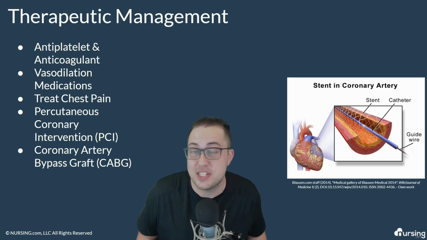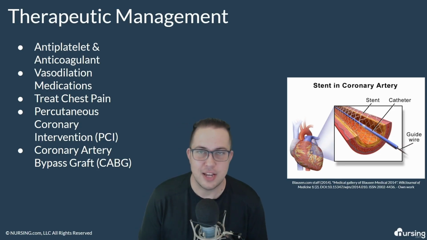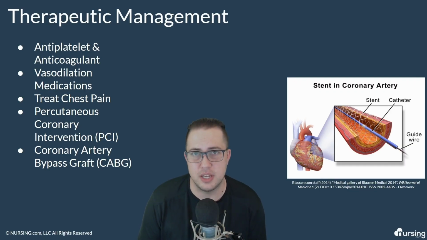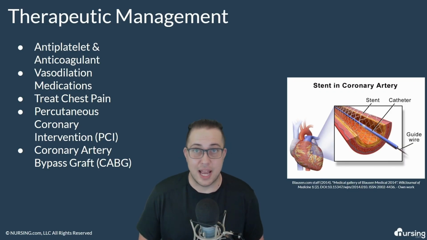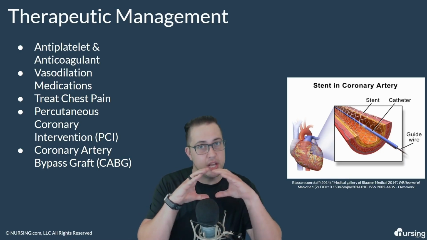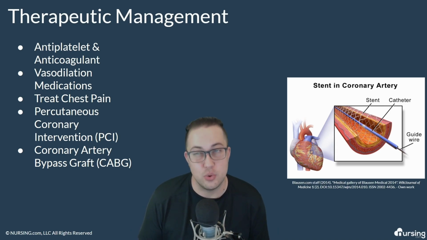Again, these are medications we see all the time in the CVICU. We would give IV heparin to try and lubricate and maintain patency of that coronary vessel. You would also see vasodilatory agents being given, such as nitroglycerin or morphine. Again, the overall idea, we have a blocked coronary artery. It's blocked. It's very narrow and it's hard for blood to pass through. If we can dilate that vessel, then we can allow more flow through that vessel to the heart.